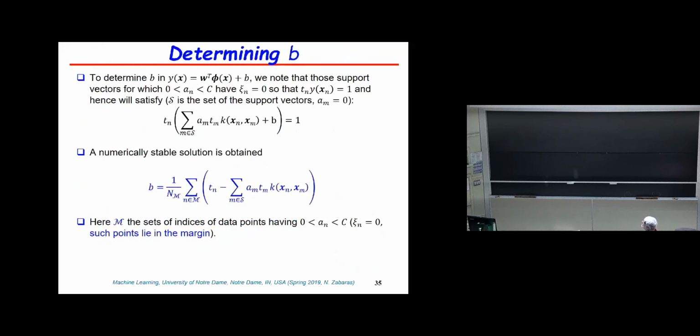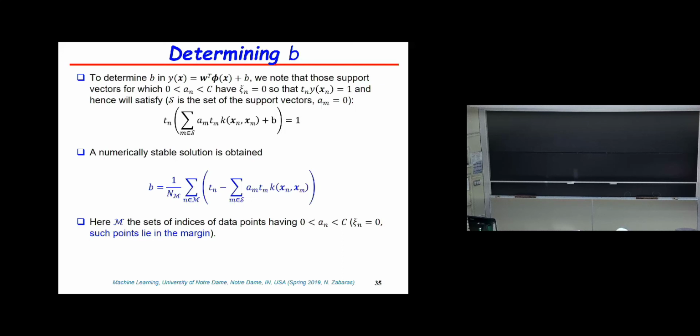The calculation for B is slightly more involved. If you start on the support vectors that have Cn equal to 0, so that this is true, all right? This involves the support vectors, and then if you multiply this by Tn and sum over the points that lie within the margin,